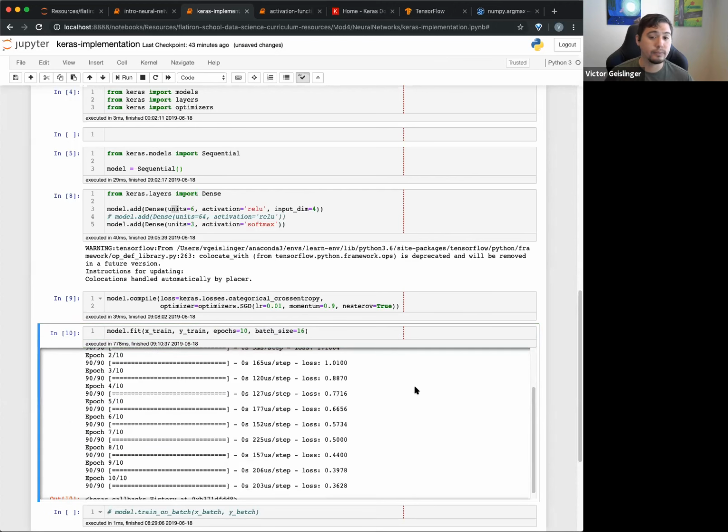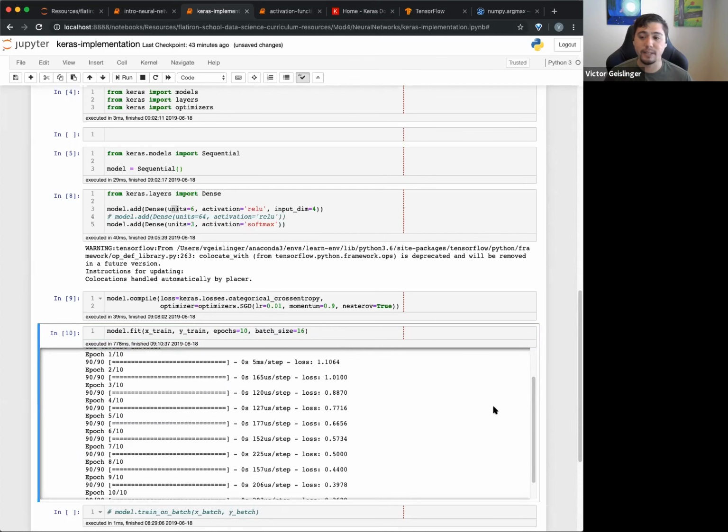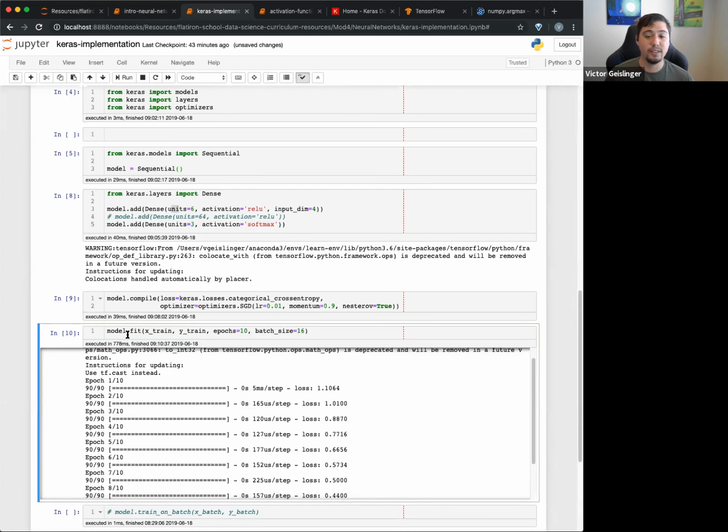So you can see here, if you blinked, you missed it. The model.fit allows you to go with these parts. And if you have a very large data set, or a much larger batch size or something much more complicated, this will actually take some time to go through.